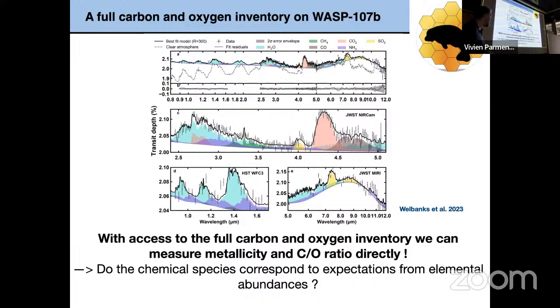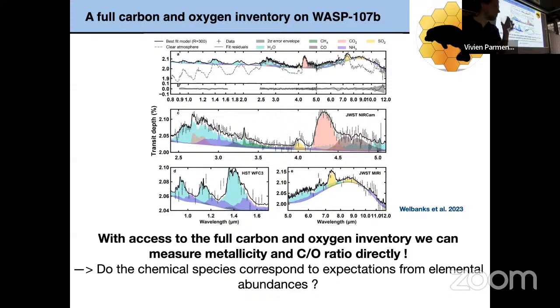And now an interesting question is, with counting the atoms, do the chemical species we see here, the specific mix of CO2, CH4, CO we see, correspond to what we expect from chemistry in this atmosphere, given the two elemental abundances? So can I ask, you say you count the atoms, but actually when I have the